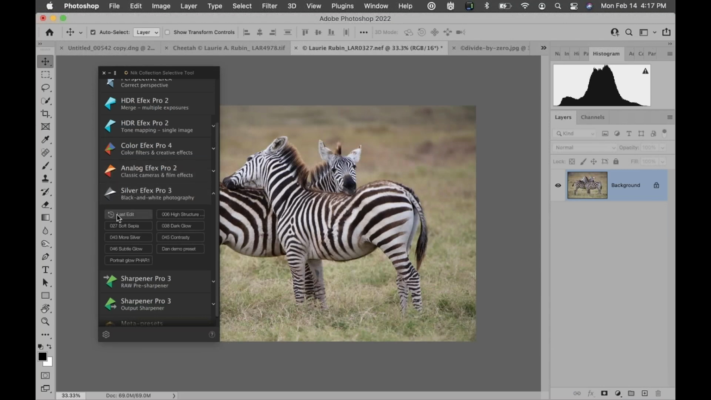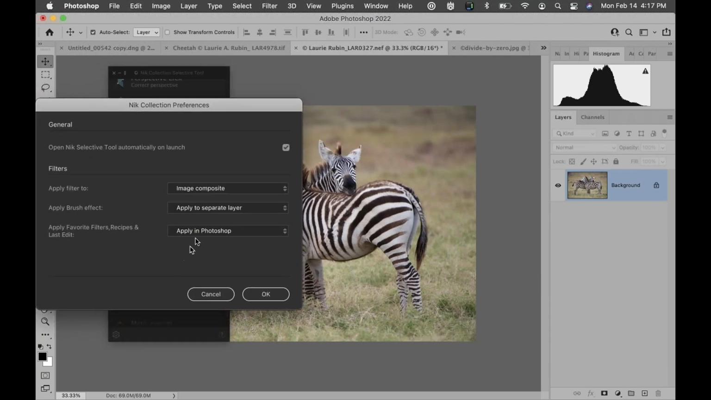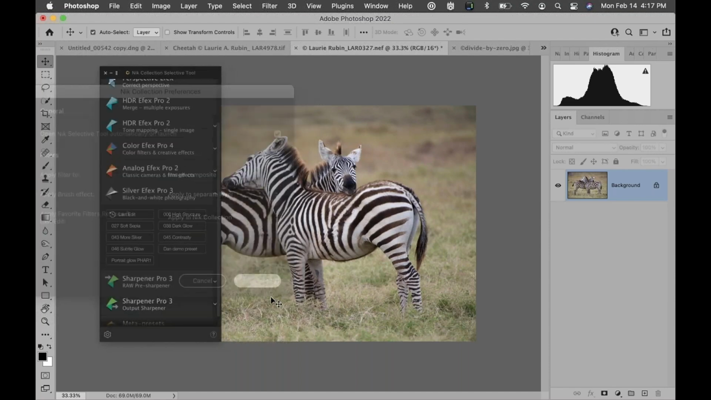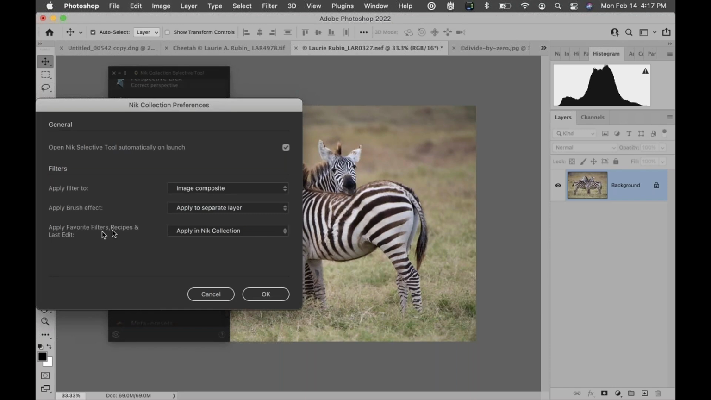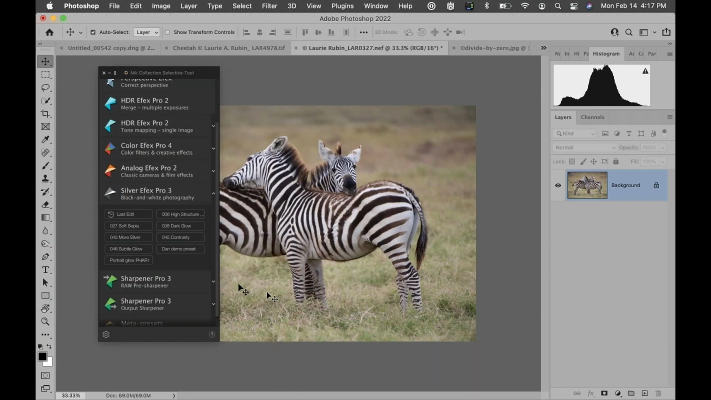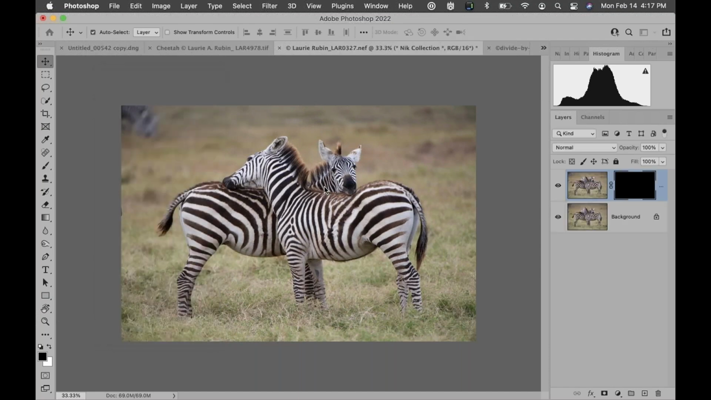The key or the difference between apply in Photoshop and apply in Nik Collection is that when I had that set to apply in Photoshop, when I clicked last edit, it just did all of the work for us and it applied it without us ever entering into the Nik software suite, right? The Nik software Silver Efex Pro. Because I went and just changed the apply favorite filters recipe to apply this tool in the Nik Collection, I'm able to now go into the last edit button, and instead of